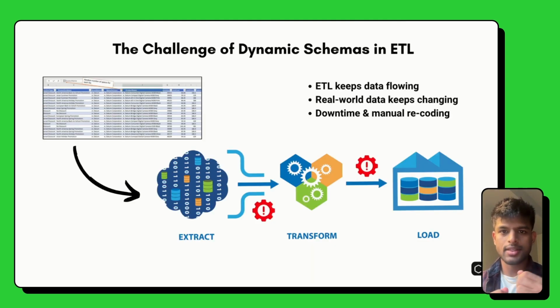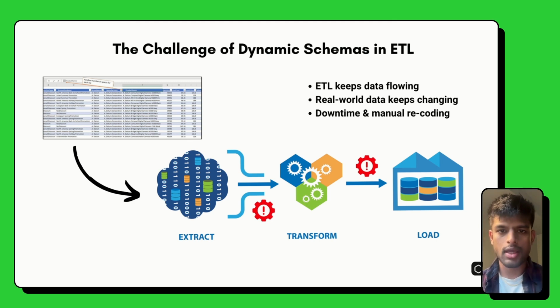First off, let's set the stage. ETL, extract, transform, and load, is the backbone of modern analytics. But it was originally built for fixed schemas, tables that rarely changed. In the real world, data is messy and constantly evolving. New columns appear, fields get renamed, JSON blobs suddenly replace structured CSVs, and every minor tweak can crash a traditional